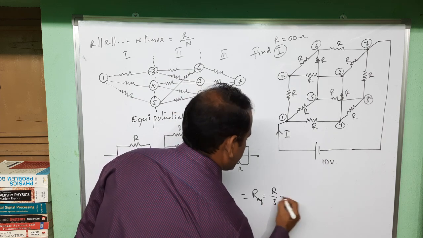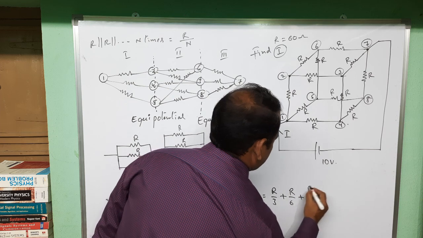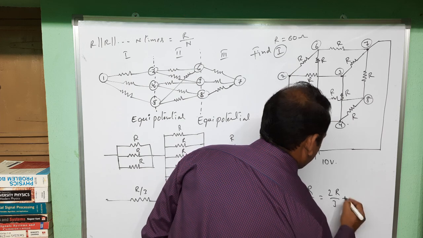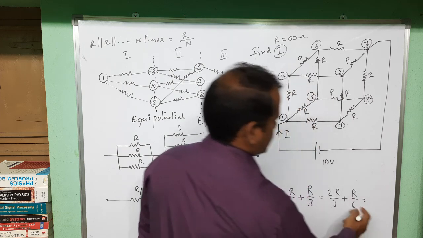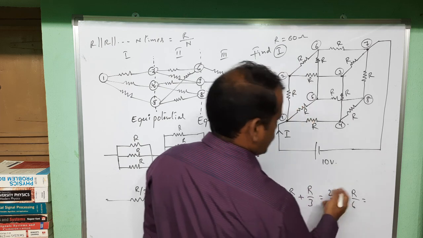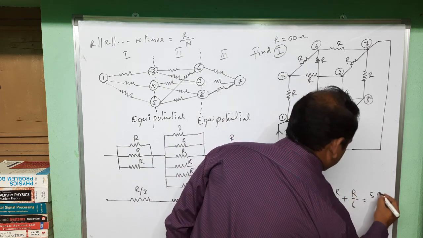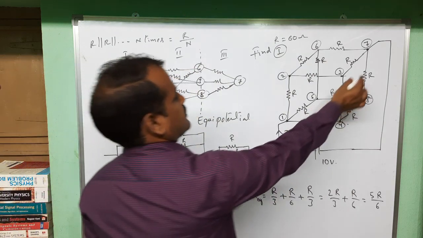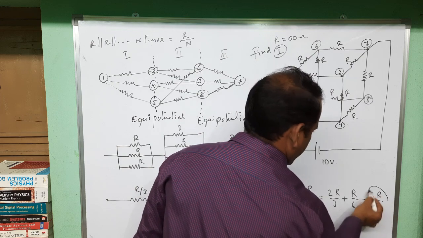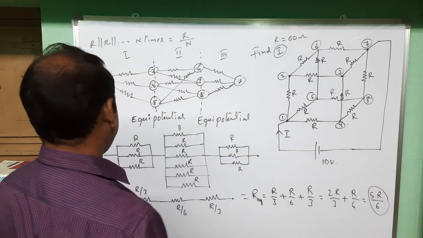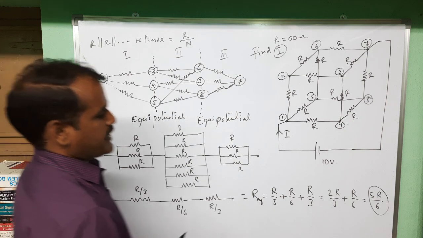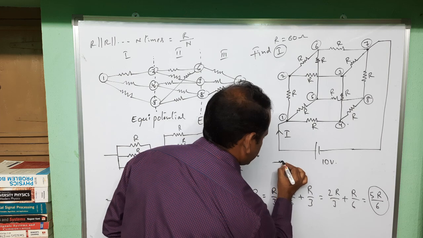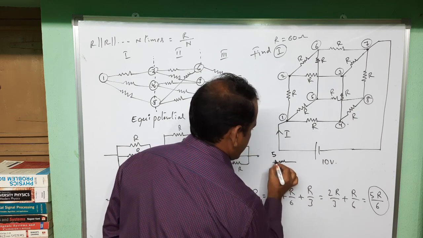So this is equal to a series connection of 3 resistances: R by 3 plus R by 6 plus R by 3. Simply, 2R by 3 plus R by 6, so 6, 4 plus 1, 5. 5R by 6 is the equivalent resistance value in this case. So the equivalent resistance of the circuit is 5R by 6. We can rearrange this circuit like this, a single resistance of 5R by 6